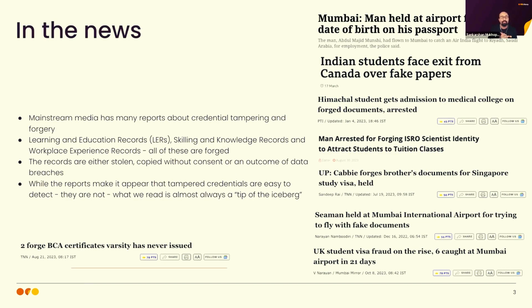Before we go deeper into our discussion today, there is one thing I wanted to put up to give context of what it is all about, because we live in a society that is built around the exchange of data, regardless of any domain, be it learner records, which is education, or business, or workplace and skilling and others.